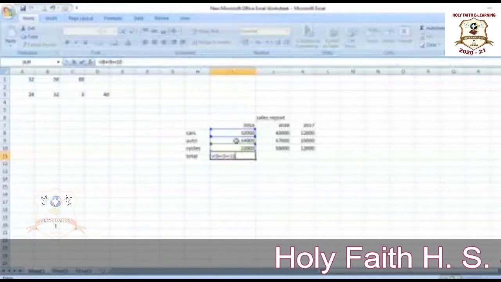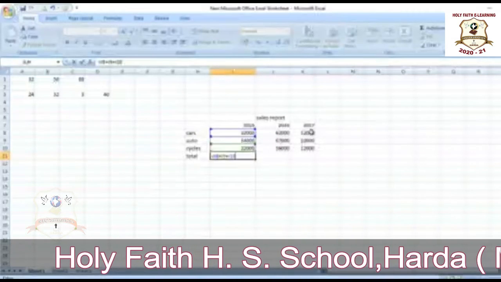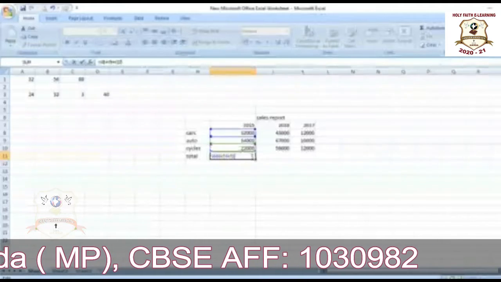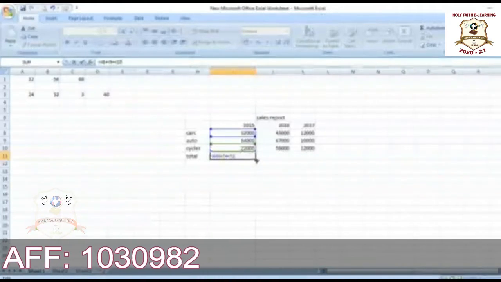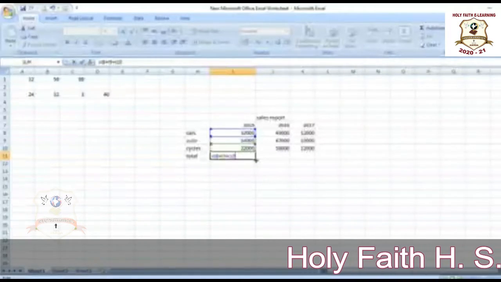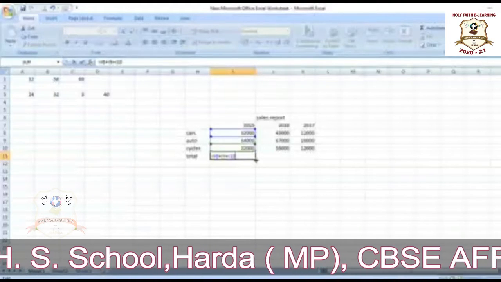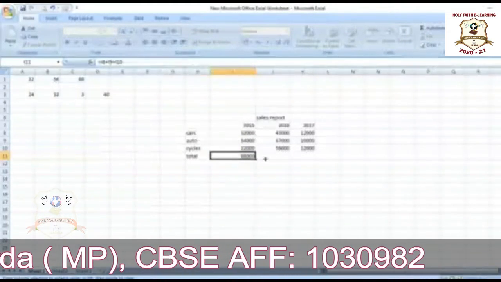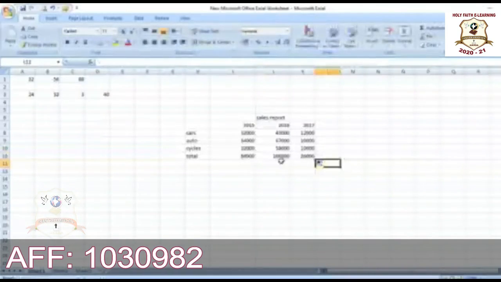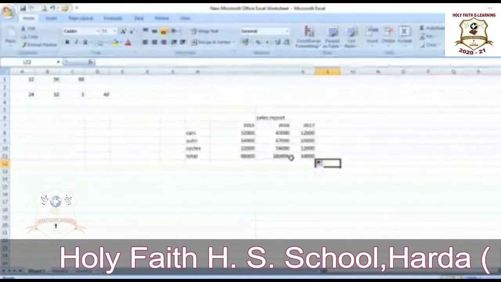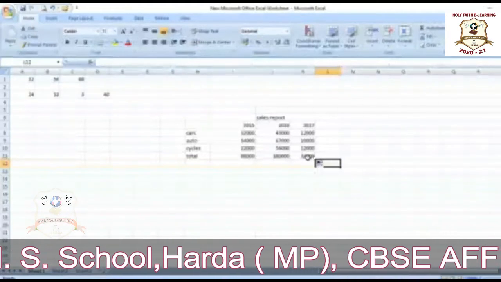So if we want to copy the formula into this column also and this column also, first select the cell. We have already selected the cell. Then bring the mouse pointer to the corner of the cell like this. As you can see, a black addition symbol appears. So extend it up to the last, and automatically you will get the remaining totals in the particular columns. See, this total you obtain, and this one also you already got.